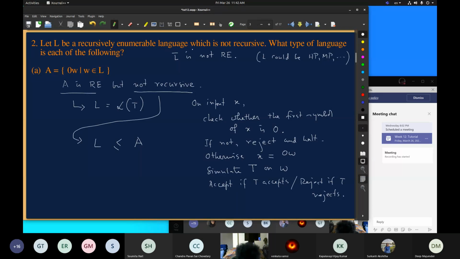This is a nice idea, because we have L at our disposal. So I can use L. So W will map to